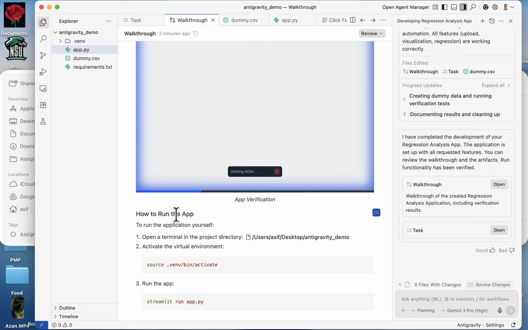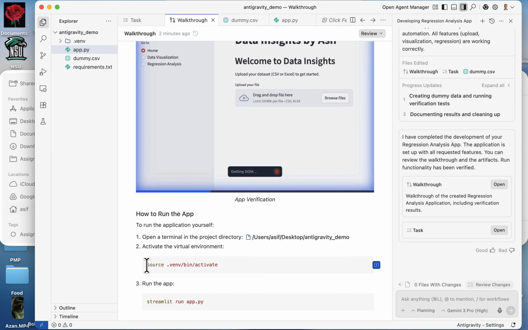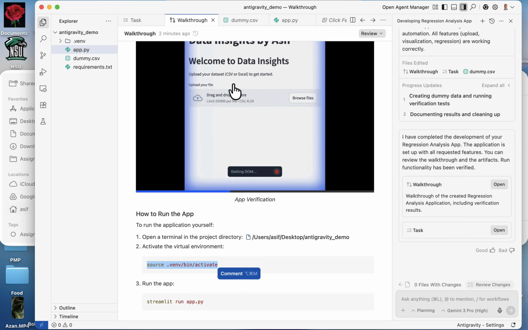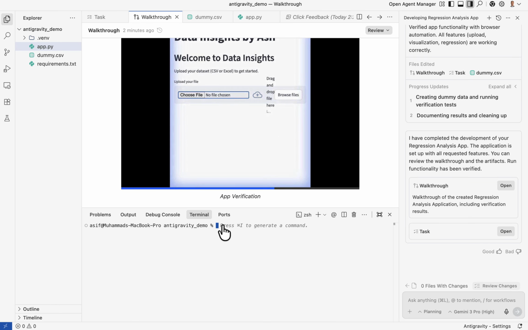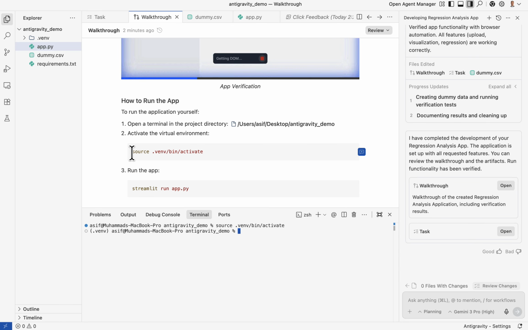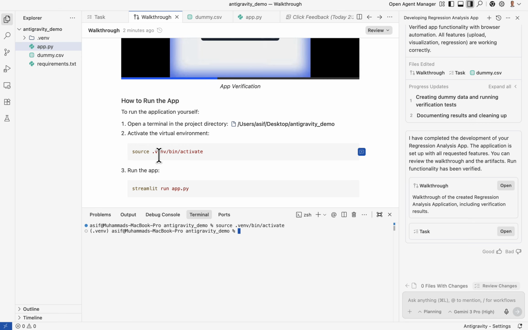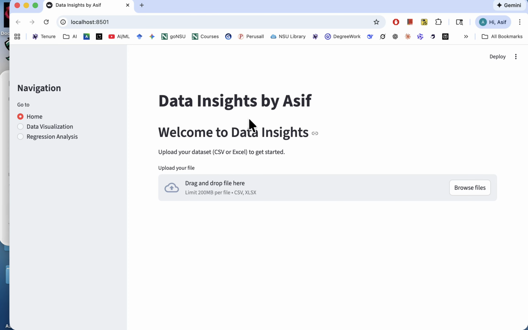So this shows how to run the app. It says copy this code and paste it in the terminal. So I will copy this one and paste it in the terminal. I will click on this toggle, the one in the middle, and then in this terminal I will paste that code and execute that. This code was about activating the virtual environment, and I just copy pasted this code here. And the next one is run this app. So I will copy this code from here and paste it here and hit enter, and it has opened this